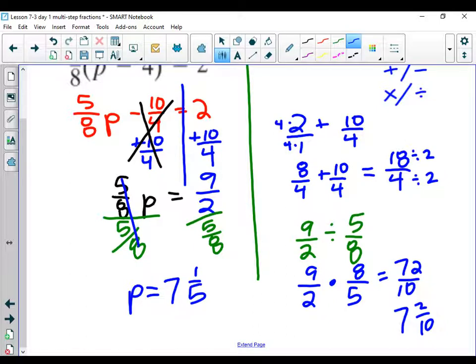Good night. This? Yeah. Yes, that should have worked. Then you'd have a common denominator of 2 instead of 4. Okay. So